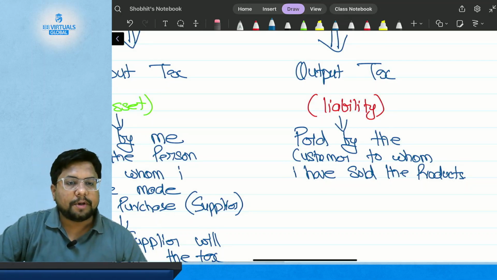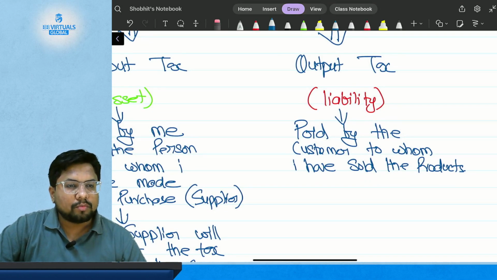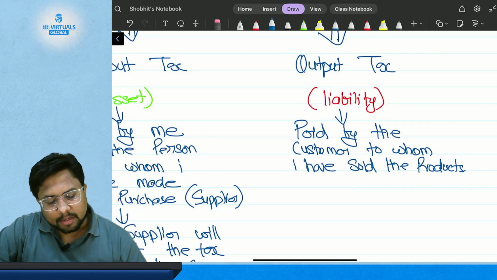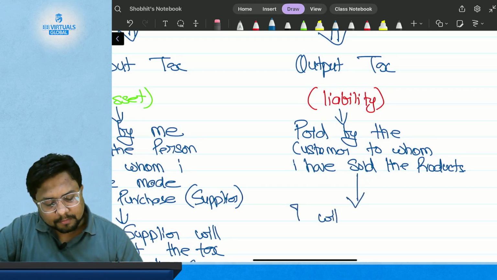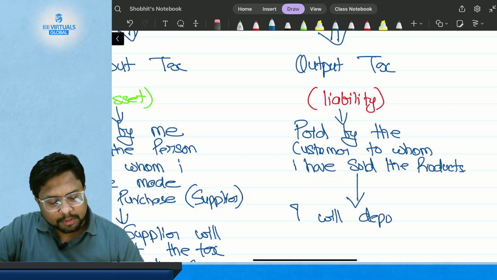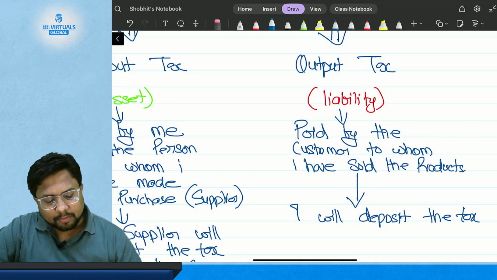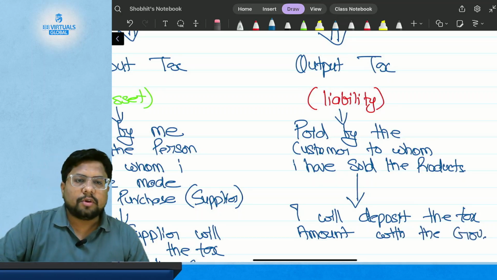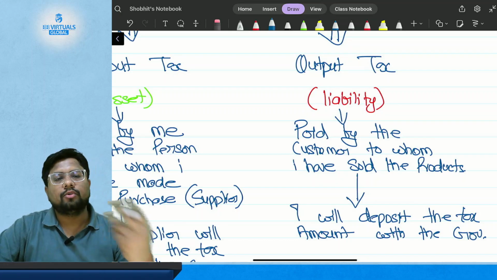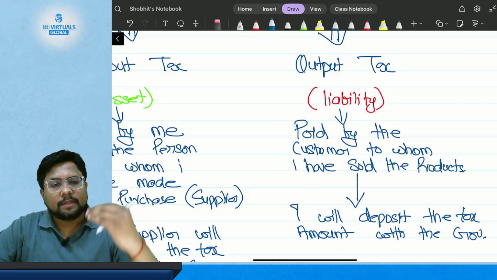Then I will deposit the tax amount with the government or authorities. So if I have sold goods to you, you will pay the tax money to me,